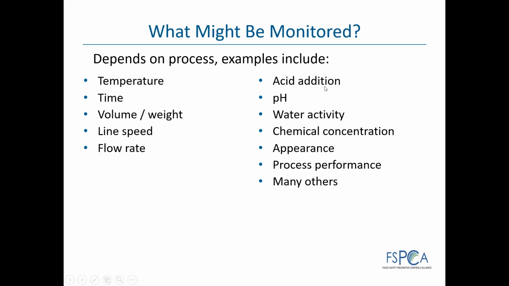Acid addition: if it's a low acid food, we add citric acid, using a high pressure cooker, to make sure the pH is less than 4.6. pH, of course, is important. Regardless of whether it is an acid or non-acid food, the pH is always important. It is very tricky for the bacteria to grow. You cannot control that very low. Sometimes low does not mean it's better,